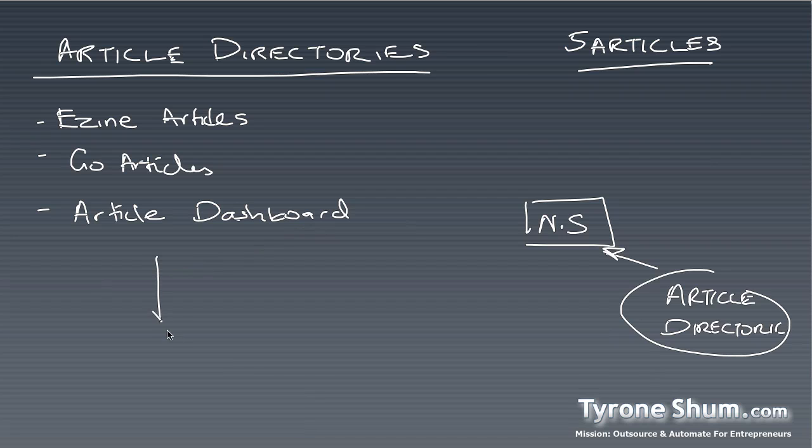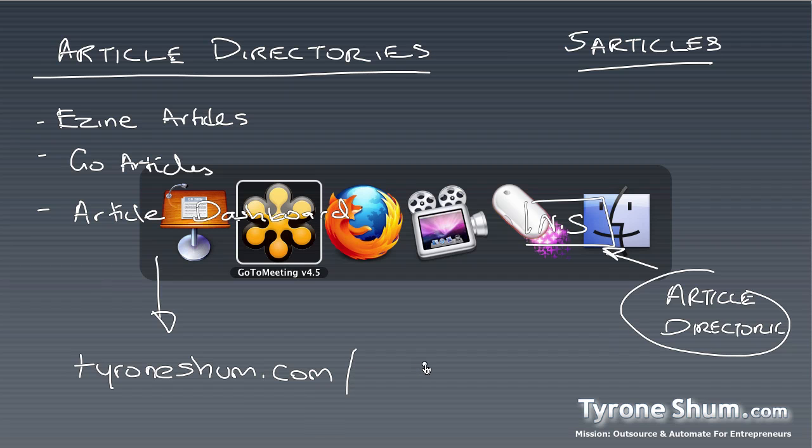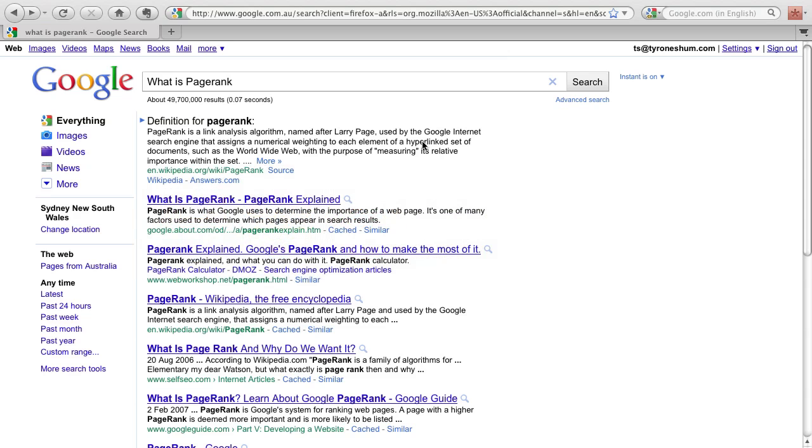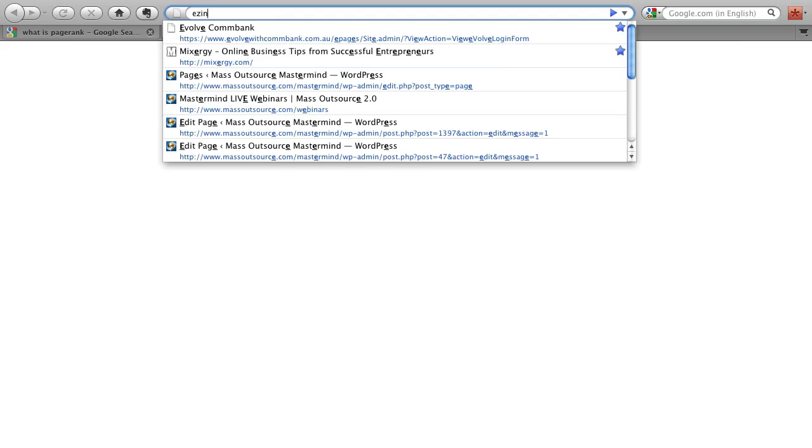What I'm thinking, rather than for me to write them all down, I'll put them onto my blog at tyroneshum.com. That will save you a lot of time having to obviously write this all down right now. And I'll make sure that the links are there, so that way you can actually get all of them and just click on them. So what I'll do, let me just quickly now jump into my web browser. And let's just go to, say for example, ezinearticles.com.